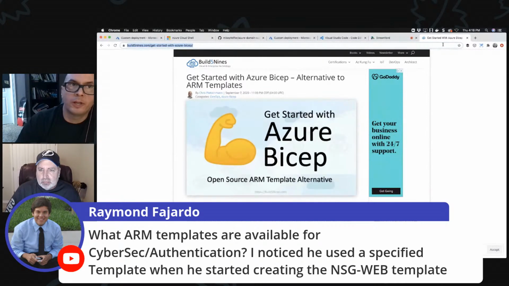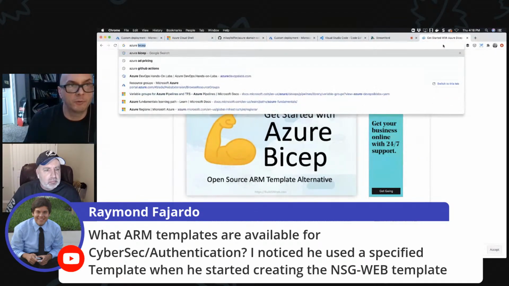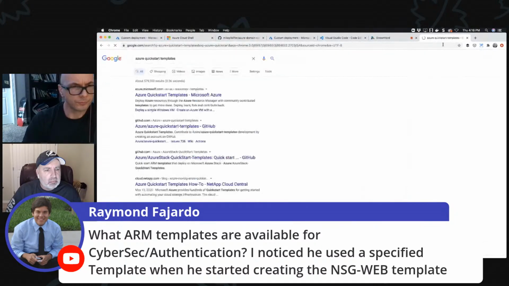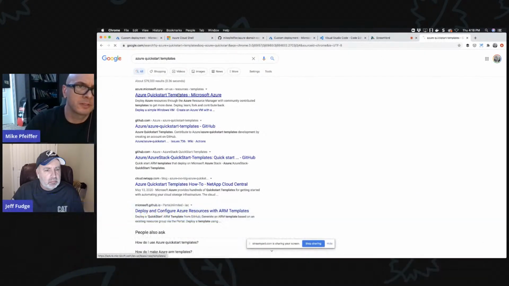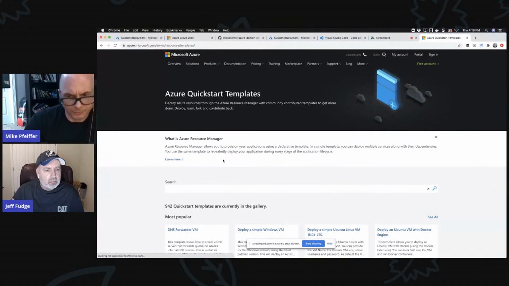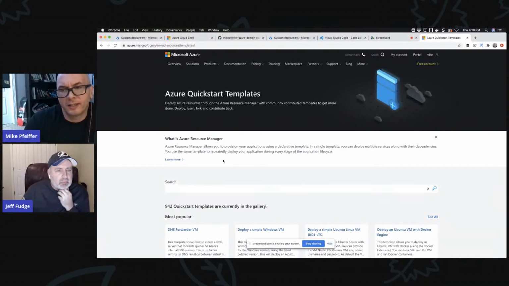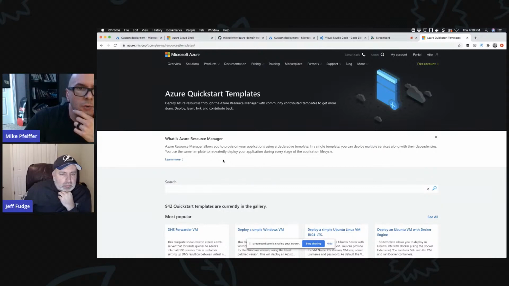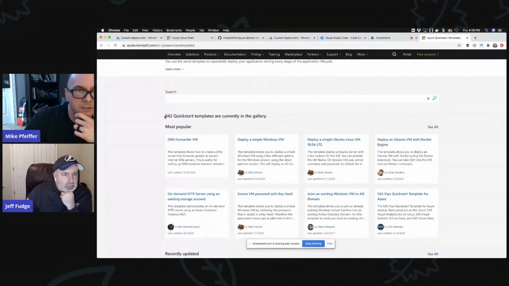Yeah, so if you're ever interested in finding what Microsoft has put out, a couple places you could go. Number one, Azure Quick Start templates. This is one place. But if you're really thinking about compliance and things like that, Blueprints might be the go-to. Okay, so Quick Start, I would search their repository. There's almost 1,000 templates, so it'll give you good inspiration.